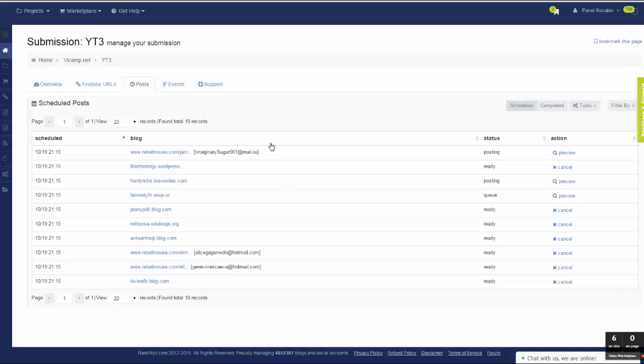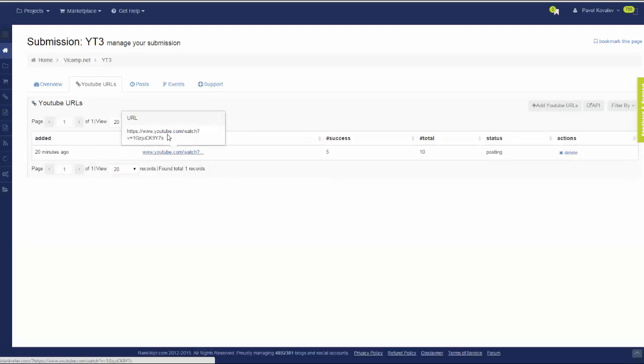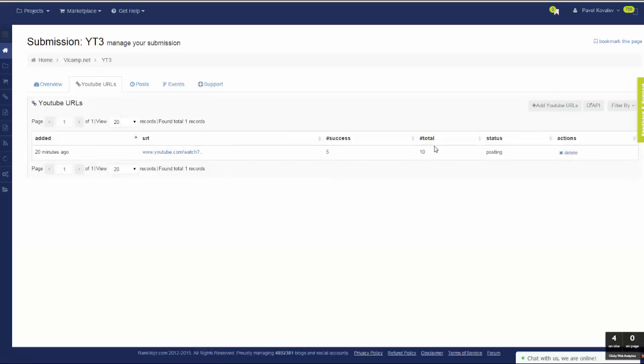We'll see in action how the system will send successful URLs to the lower tier submission for backlinking. Okay, a few minutes later, you can see that out of 10 scheduled posts on YouTube, 5 are already successful.